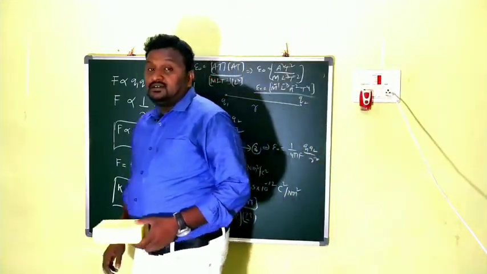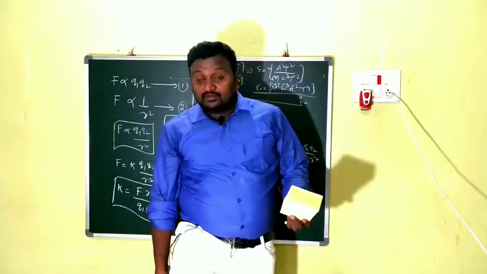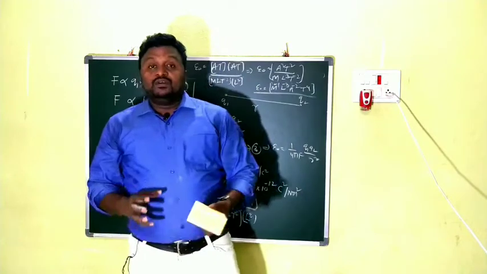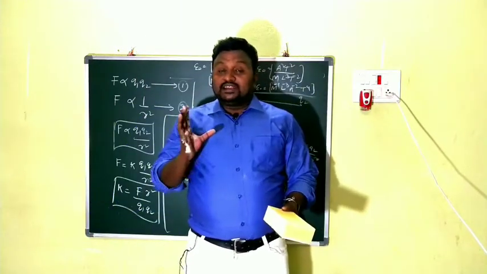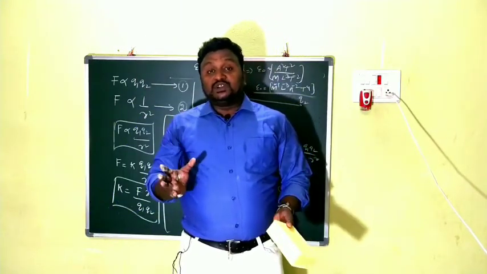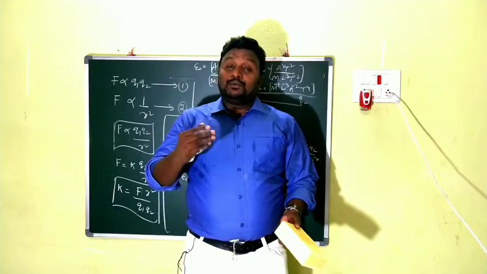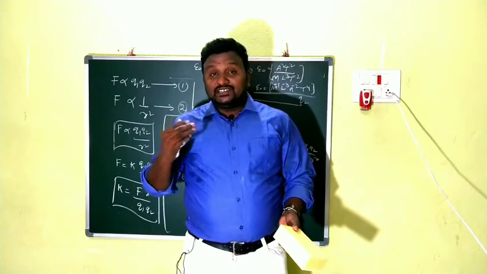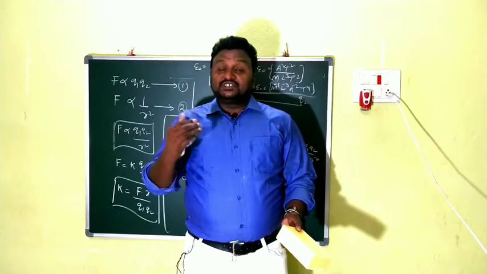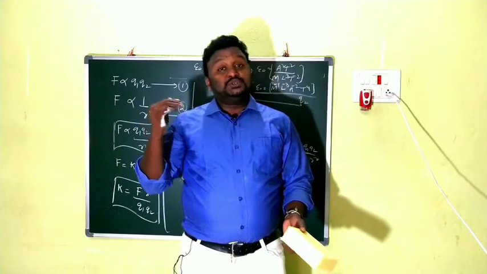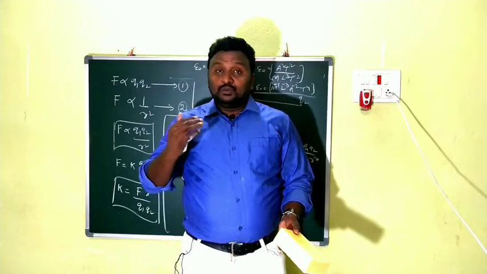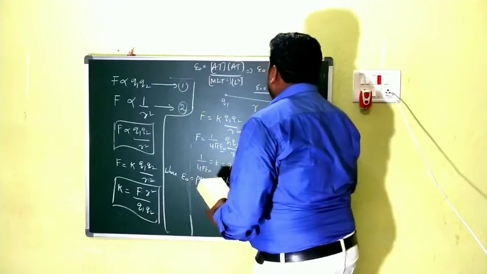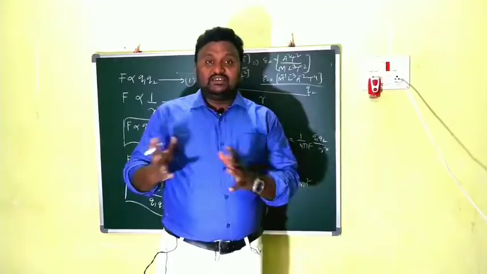Look here once, very good example. Coulomb's inverse square law. What is meant by Coulomb's inverse square law? The force of attraction or repulsion between two charges is directly proportional to the product of their charges and inversely proportional to the square of the distance between them, and it acts along the line joining the two charges. That is what we call Coulomb's inverse square law. Explanation: we take two charges here, then I will explain to you.